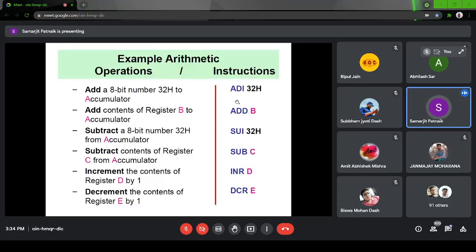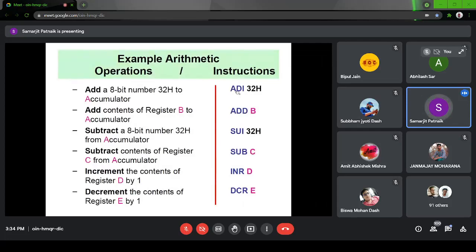SUB, INR, DCR: INR stands for increment, DCR stands for decrement, and ADD. ADD B means add the content of register B to the accumulator. Where is the final result stored? In all these cases, the final result is stored in the accumulator.